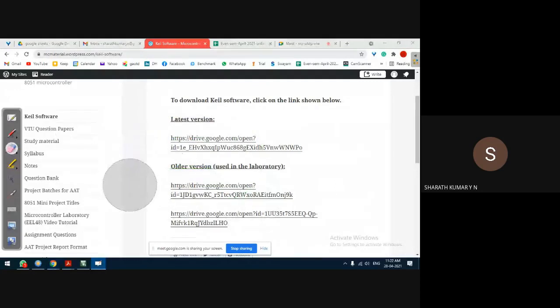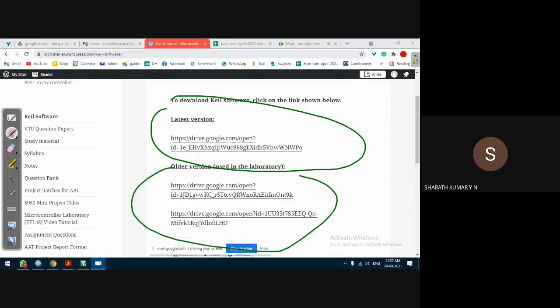This Blogspot I had shown, two versions are shown, the latest version and the older version. Depending on your operating system, you can go for either the latest or the older version. For Windows 10, I recommend the latest version. You can download from Google also. That's one thing I told.